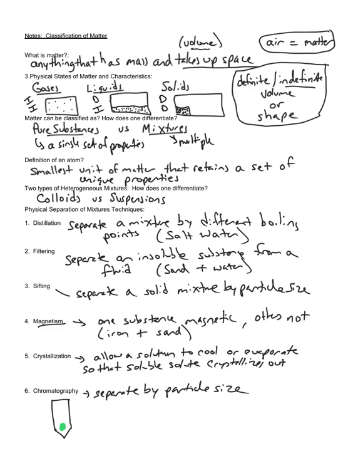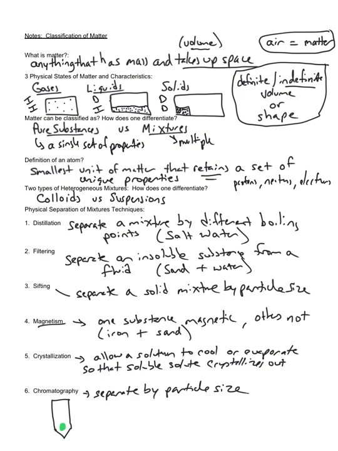But an atom is the smallest unit of matter that retains a unique set of properties. If I go any smaller than an atom, we know that protons, neutrons, and electrons, from physical science you had in 8th grade, compose an atom. If I take a proton from a carbon atom and a proton from a hydrogen atom,